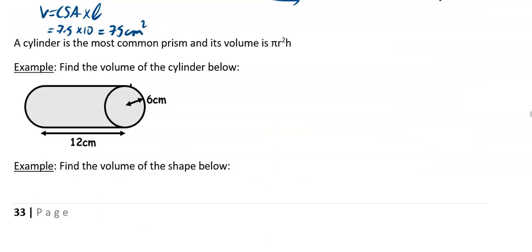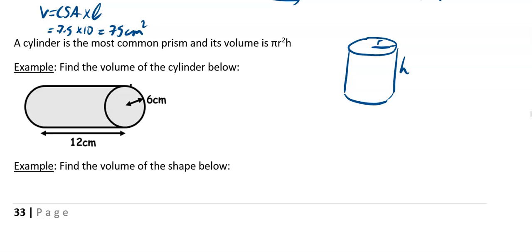Okay, we're going to look now at a cylinder. A cylinder, it says here, is the most common prism, and its volume is pi r squared h. Okay, let's think about why this is. Let's just draw ourselves out a wee cylinder, which has a radius of r, and it has a perpendicular height